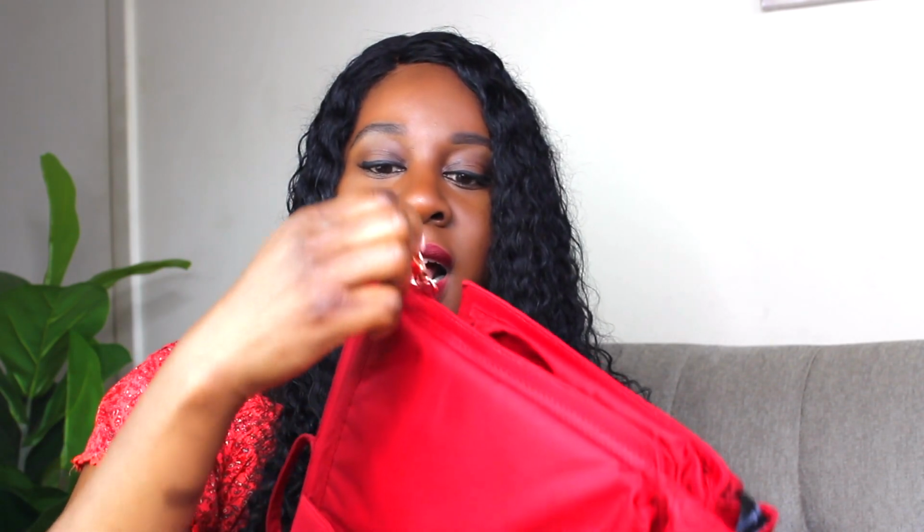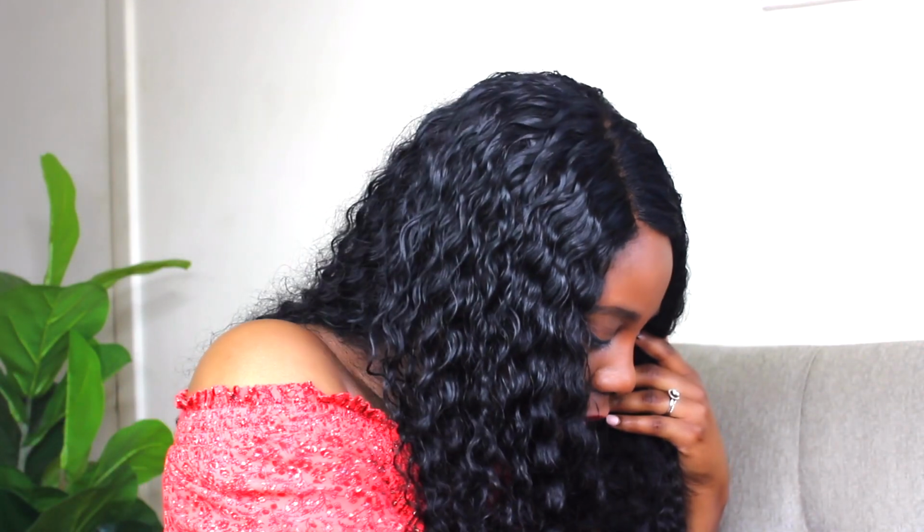I will say that one thing I do love about this is the key fob that it has on here is so nice. I'm actually wondering if I would be able to take it off of this and put this key fob in my Original Club one, because the Original Club one comes with its own key fob in here, and I would say that's probably the one thing about this organizer that I don't like. The key fob is kind of flimsy, and I